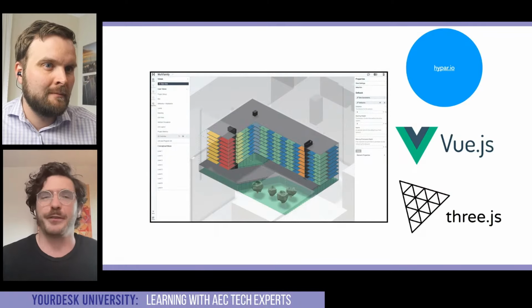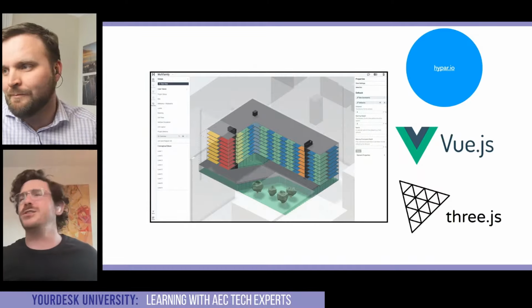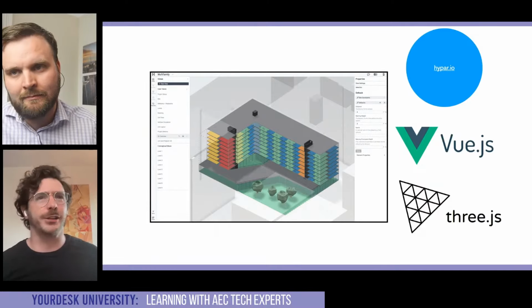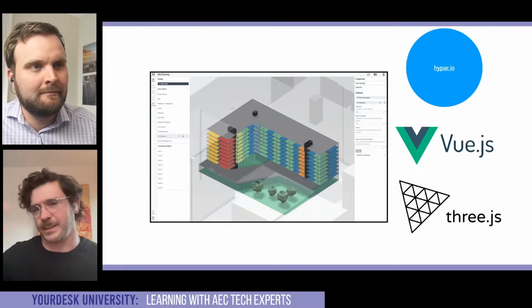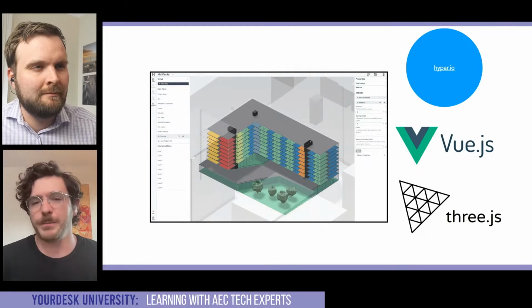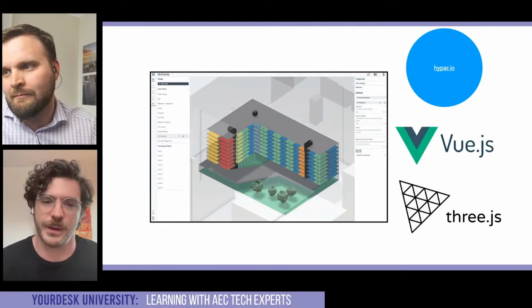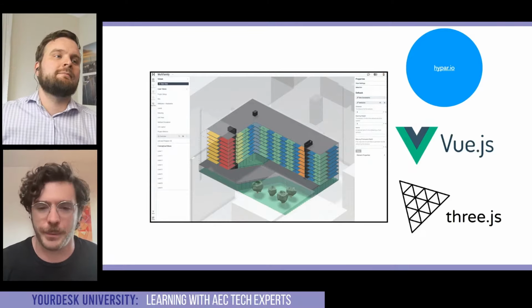And half the features that I've built for Hypar's web UI are things where I went to the examples page and was like, hey, how did they do this? How did they do raycasting? How did they do selection? How did they do selective visibility of objects? Whatever it is, I'm constantly borrowing from these public examples in order to fold them into the set of capabilities that I want in our app.